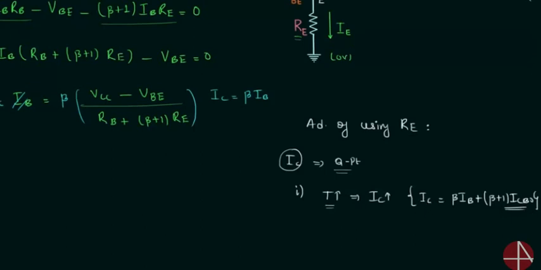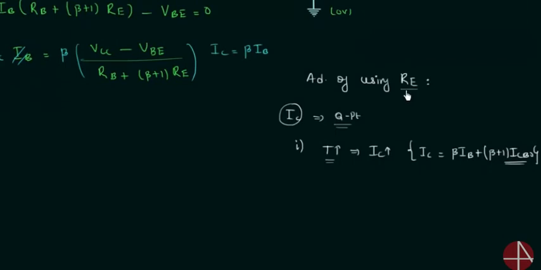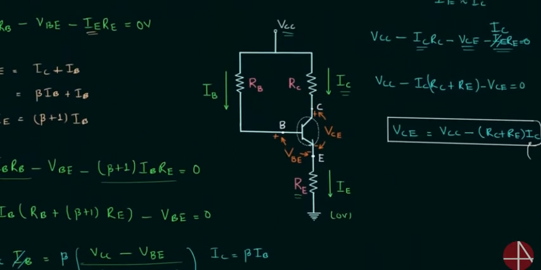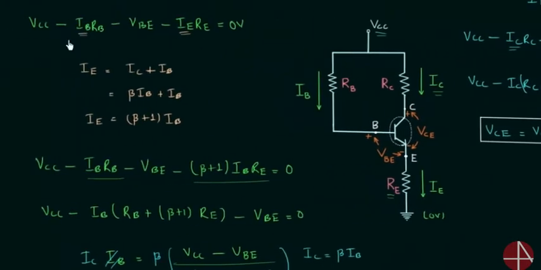Let's see how the introduction of emitter resistance RE will save us from this situation. When collector current IC increases, this implies the drop across RE will also increase, because collector current is nearly equal to the emitter current, and because of this the drop will also increase. And when this drop increases, the base current will decrease. From the first equation you can see the base current IB